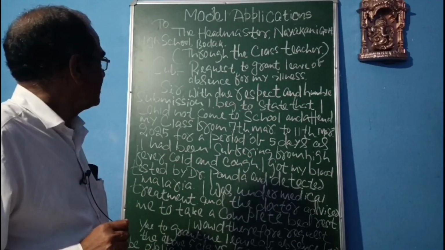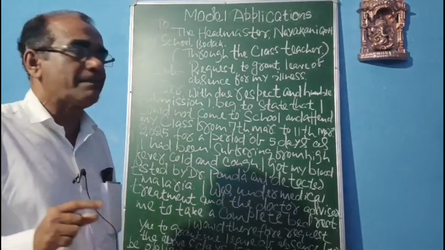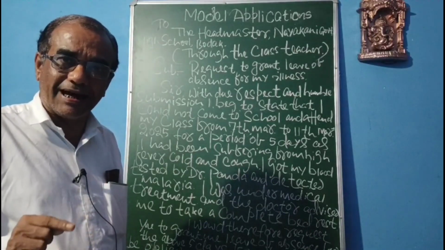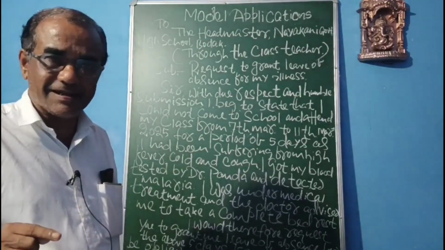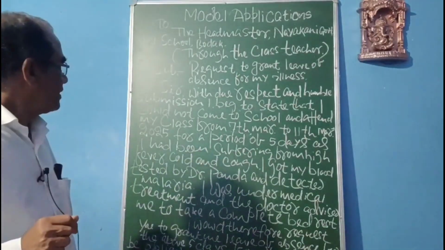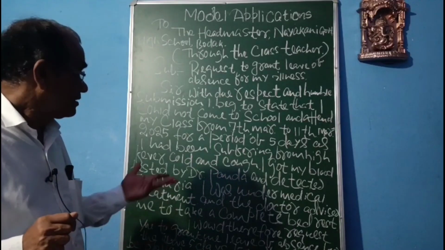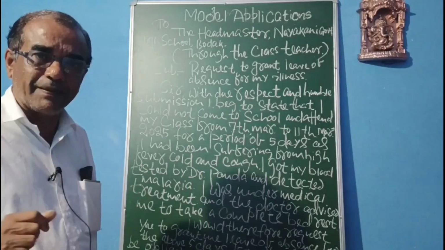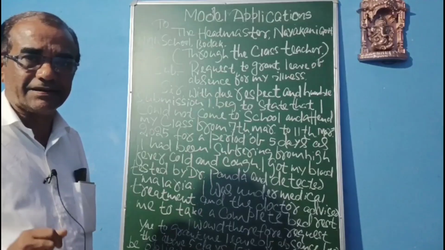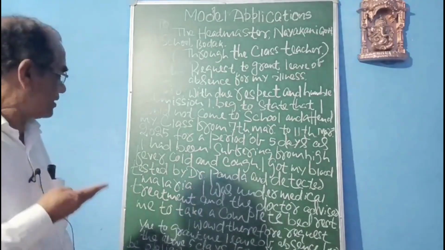Subject: request to grant leave of absence for my illness. Salutation or greeting phrase: Sir. Introduction: with due respect and humble submission, I beg to state that